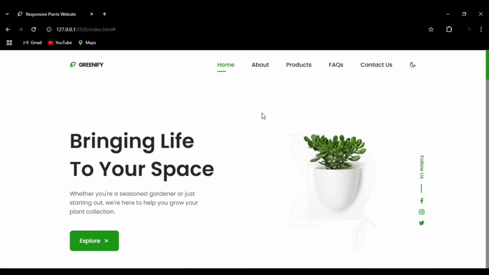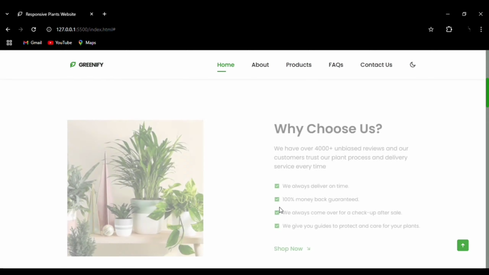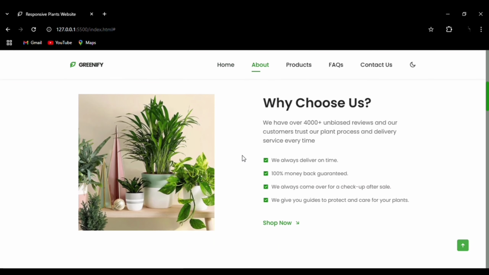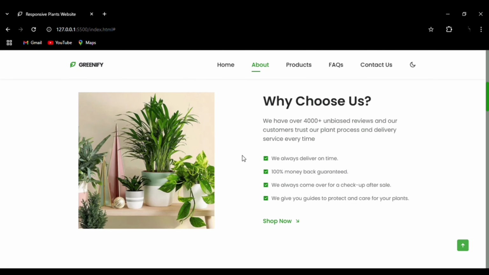So here we are in the home page of the website. Home, about, products, FAQs, contact us and night mode to light mode shifting button and explore button, and here we have our social media icons: Facebook, Instagram, Twitter. You can see by using swiper, that is AOS, we have used the transition,